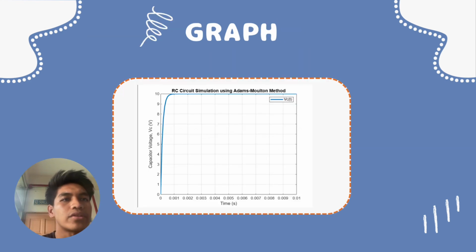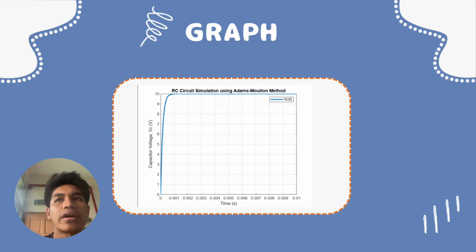Okay, now I want to explain the graph, which is about the RC circuit simulation using the Adams-Moulton method. I want to highlight 4 key points from this graph. The first one is the curve characteristic, where the voltage starts at 0 volt and rises to 10 volt, following the exponential charging behavior of an RC circuit. The rapid rise in voltage occurs for t less than 0.002 second, followed by a steady state at